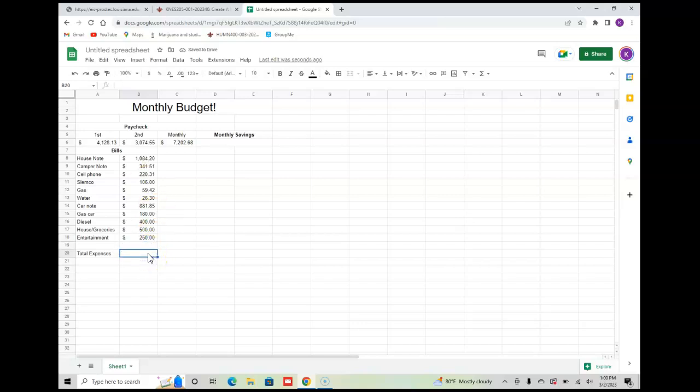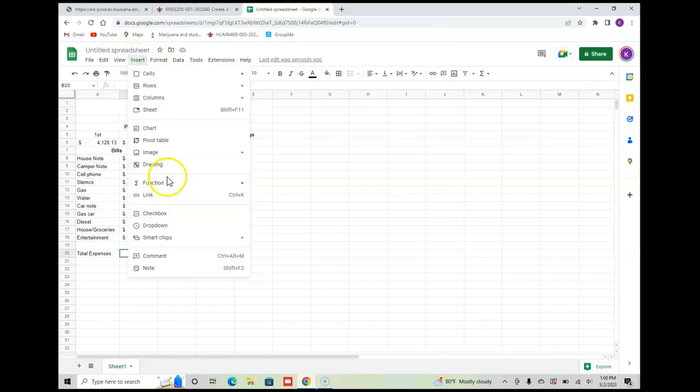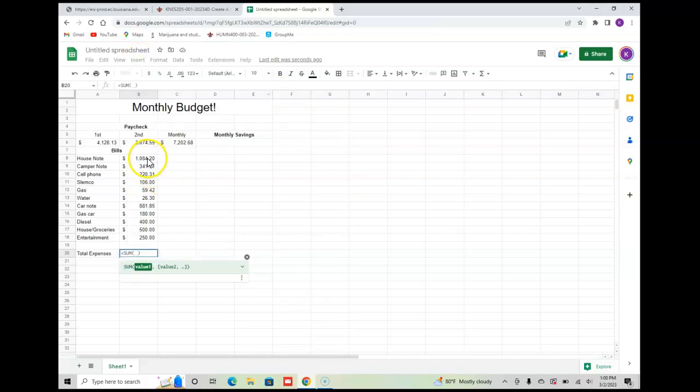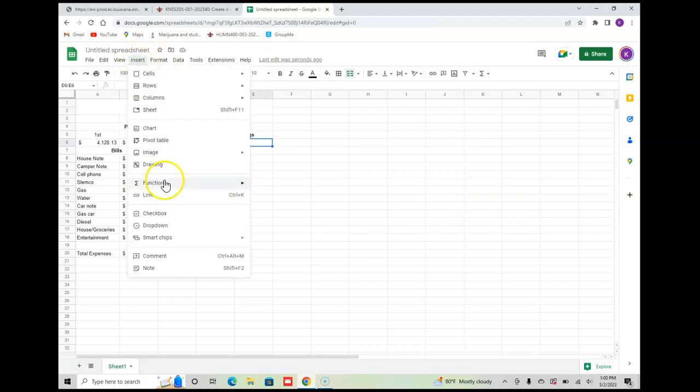So for right here, I'm going to total all my expenses up. I'm going to insert a function, another sum function, and it's going to be here through here. And that is the total of our monthly expenses. And then right here, I am going to put a function to